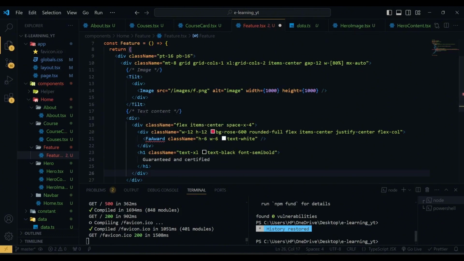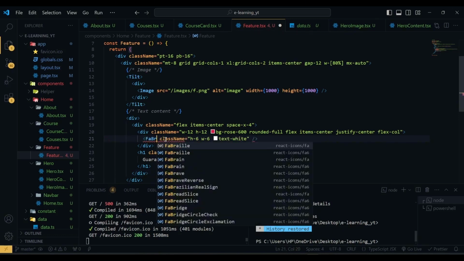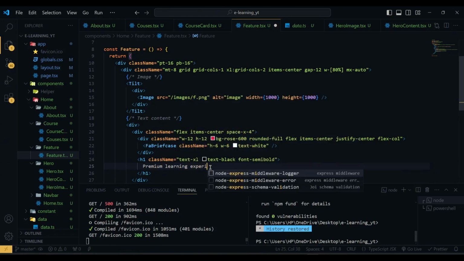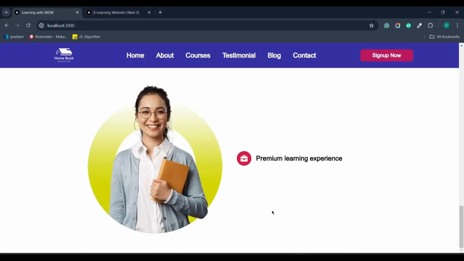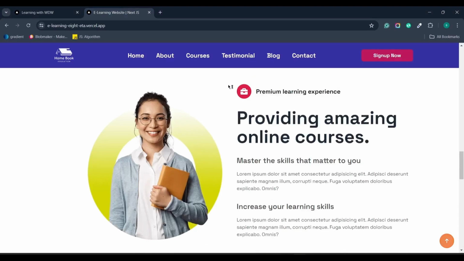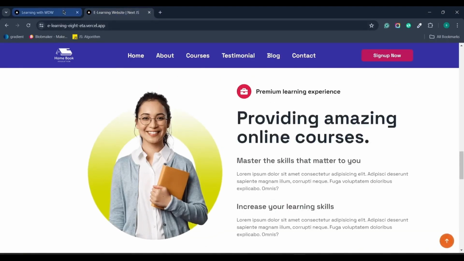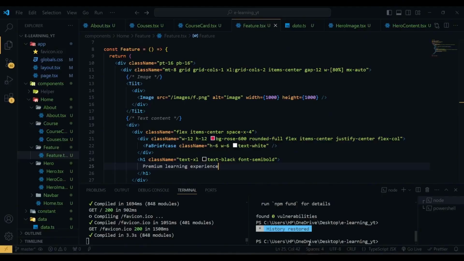And here the icon we are going to use is briefcase. So we are going to change the icon, so fa briefcase, and the text will be premium learning experience. Now if I hit save, and here you can see we have this part completed. And after this we have the heading. So next,